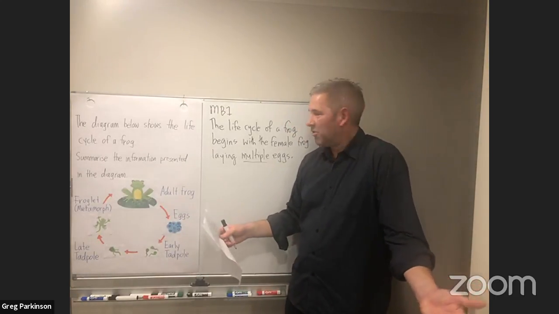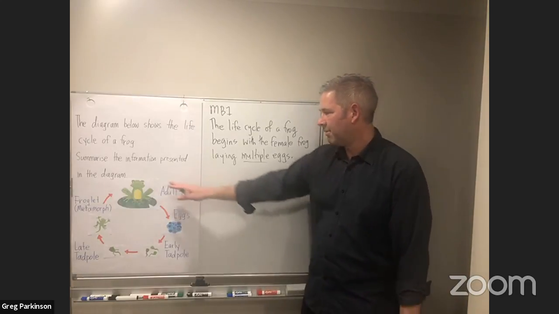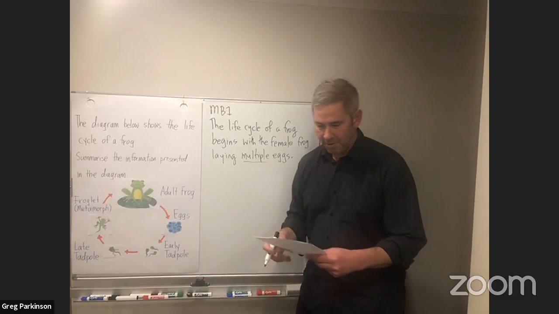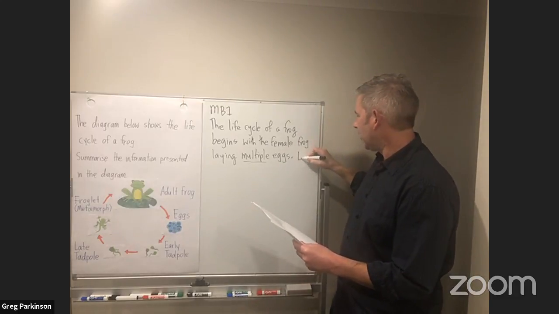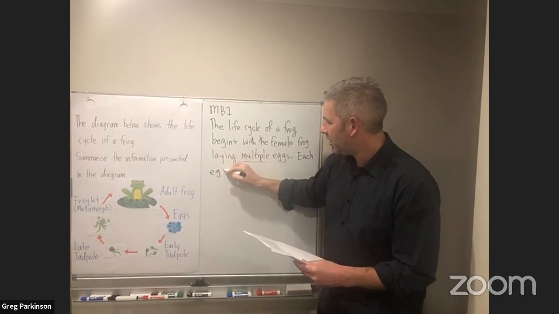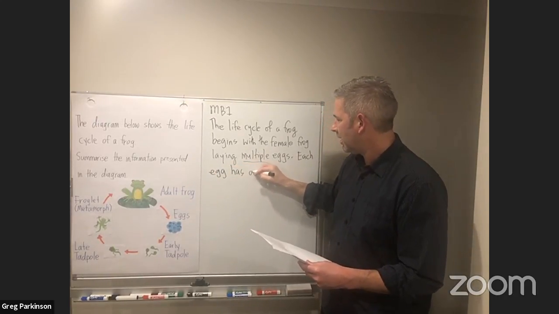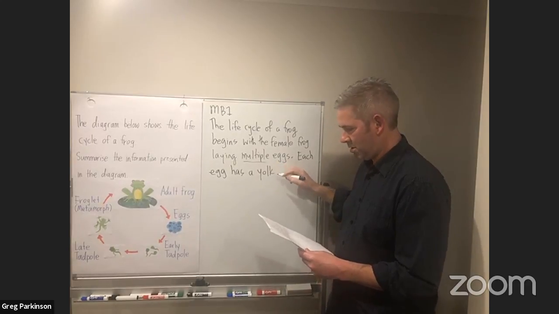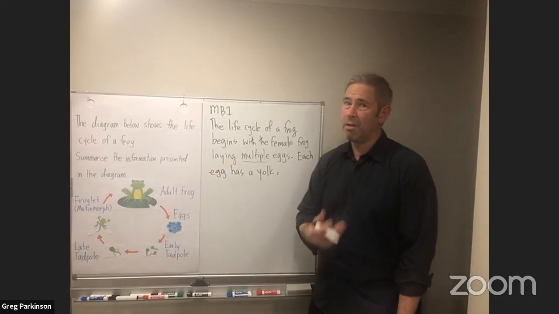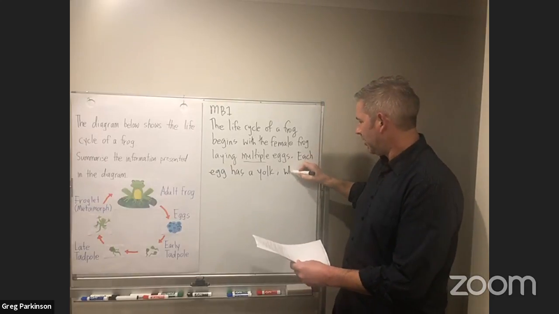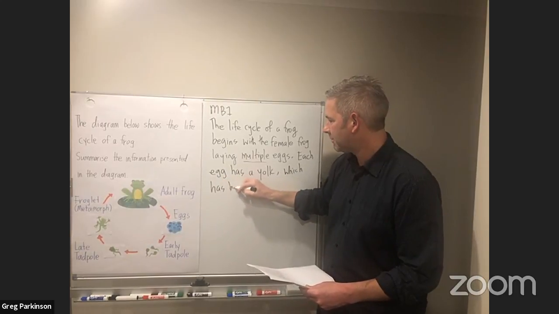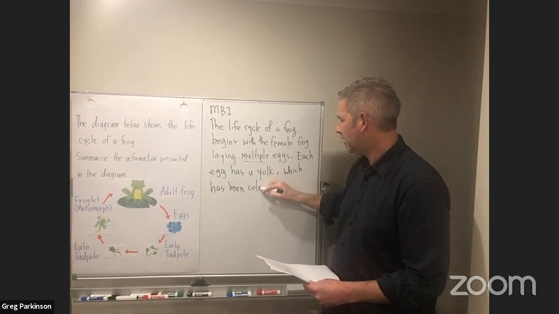In the real world, we don't really know how many eggs the frog is going to lay, so multiple is a good word to use there. Now, I'm going to add a bit more detail about the eggs. Each egg has a yolk, and I want to make a complex sentence. This is the main reason why I'm adding in this sentence, which has been colored